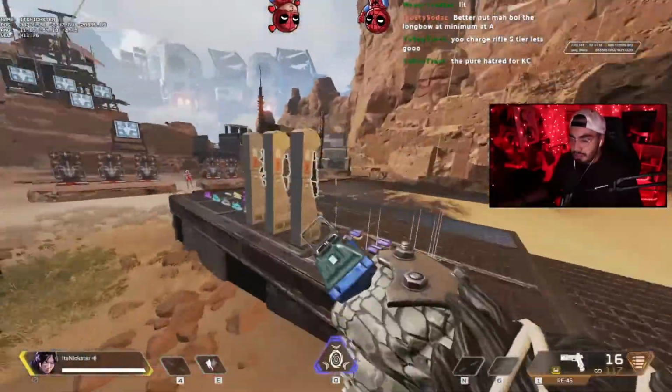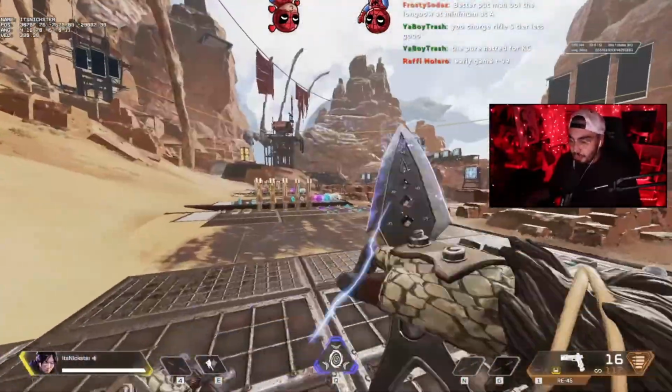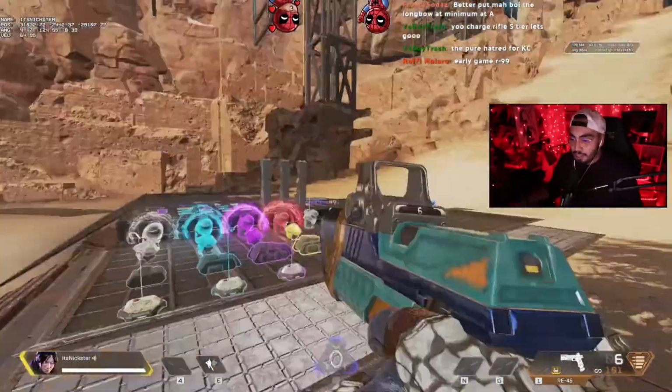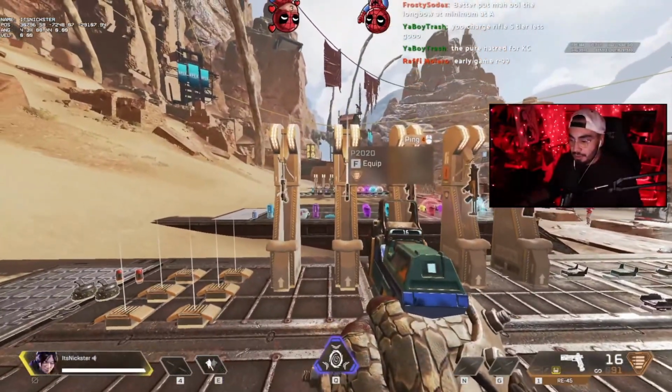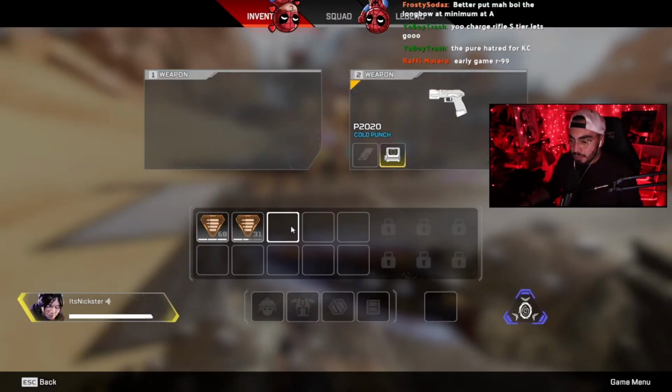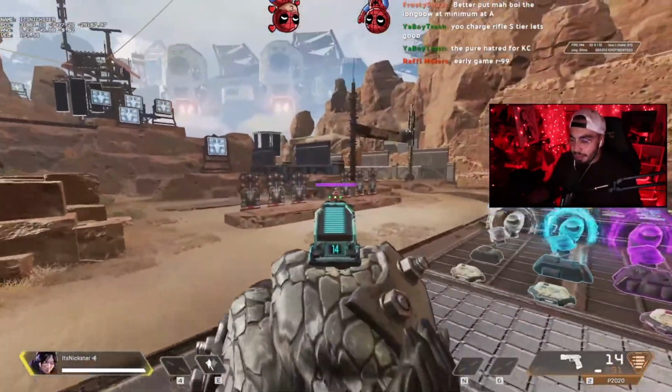Early game R99, exactly. If I had to place the RE45, objectively speaking, regardless of my skill with it, I'm gonna give it a solid C, which is not bad for off drop. If we're talking about off drop only, I'm giving it a B. Now for the P2020. This one gets a flat out